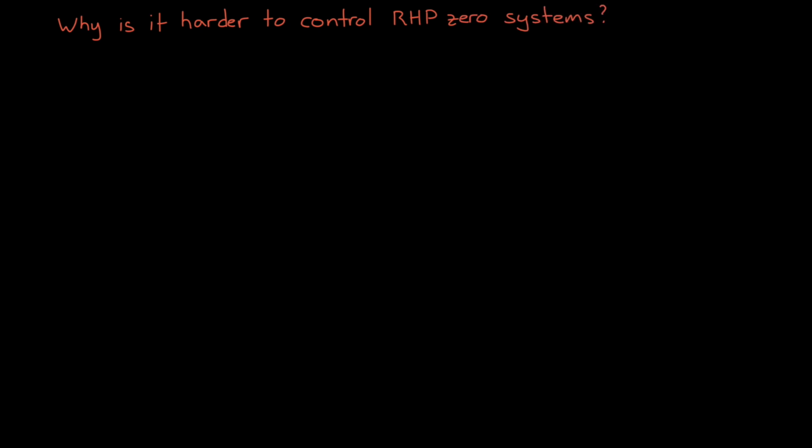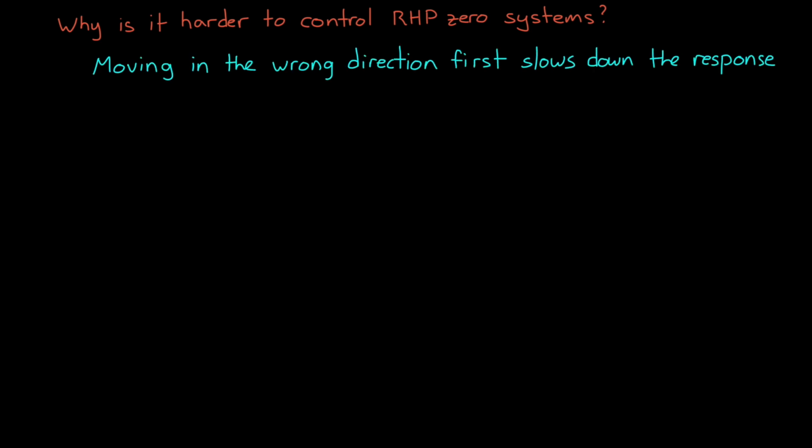First off, if we just think about it, it kind of makes sense that if you have to move in the wrong direction first, then it's going to be a slower response than just moving in the right direction to begin with. And if you tried to increase the speed of the response by increasing the gain of the controller, you could